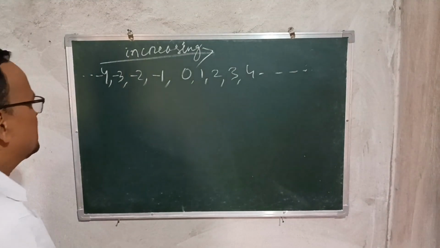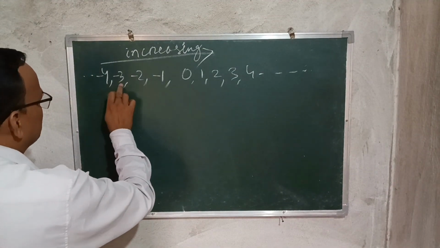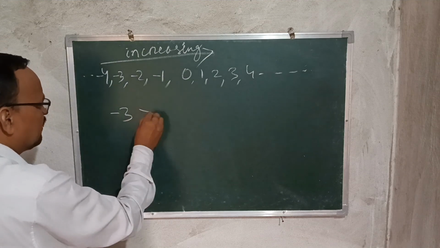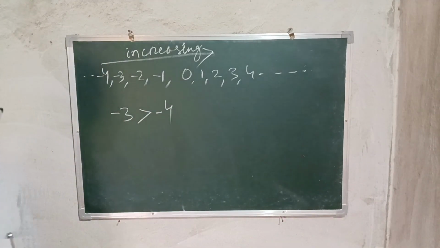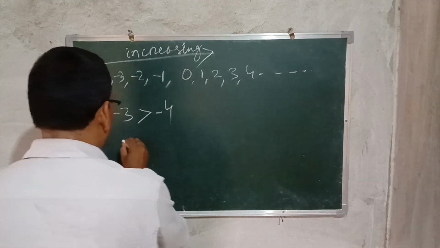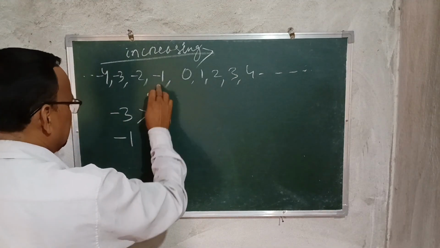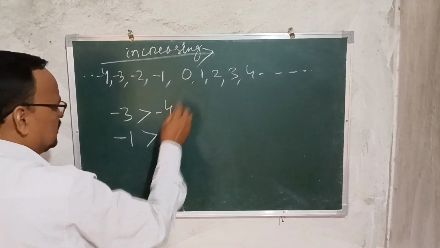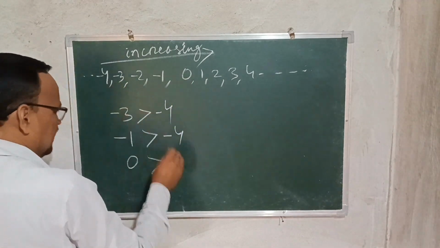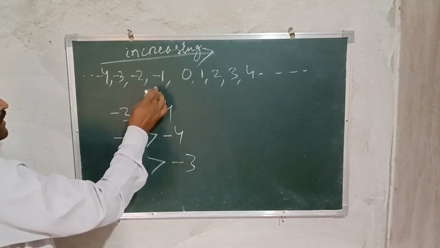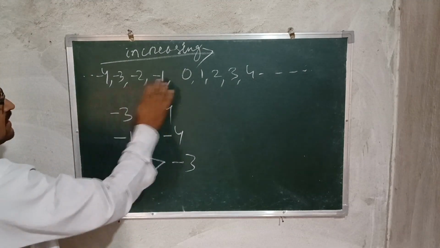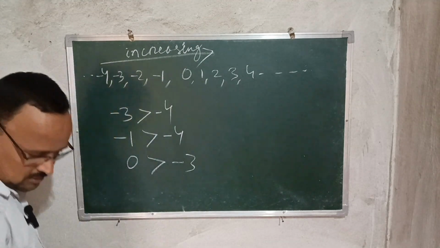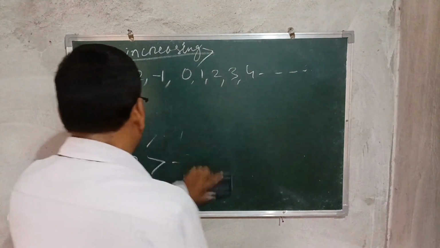In increasing order, that means minus 4 and minus 3. Minus 3 is greater than minus 4, and minus 1 is greater than minus 4, or 0 is greater than minus 3, and so on. All these negative numbers, all these negative integers, are less than 0. So another thing is that